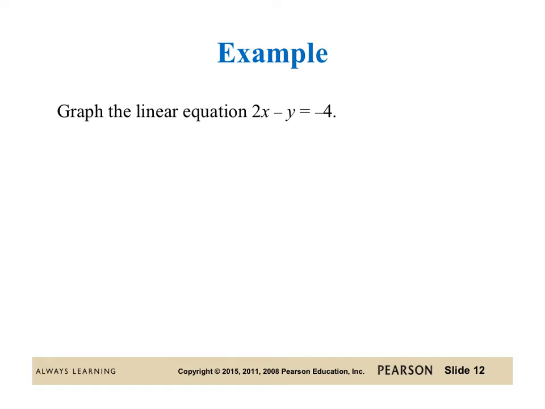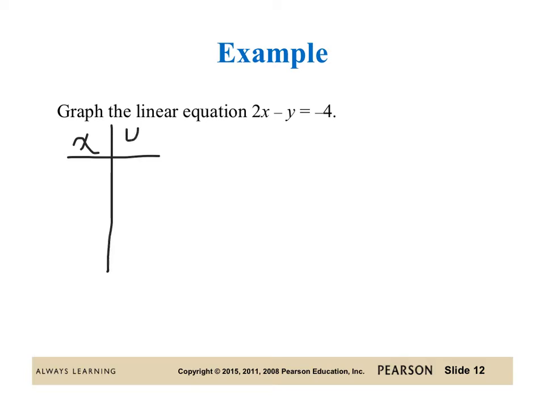So we will begin with the second part of our review of graphing. And our first example is that we want to graph the linear equation 2x minus y equals -4. And in order to do this, we will first make a table of values by choosing x values